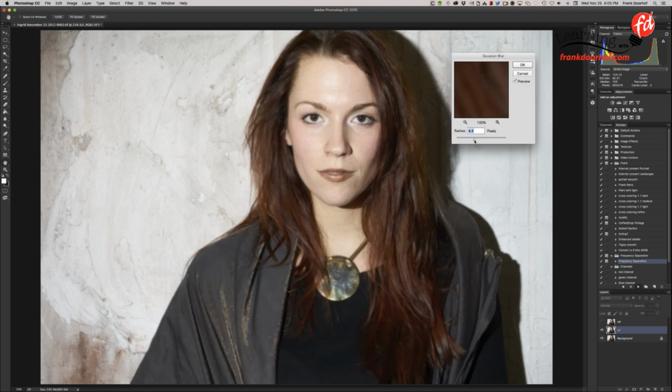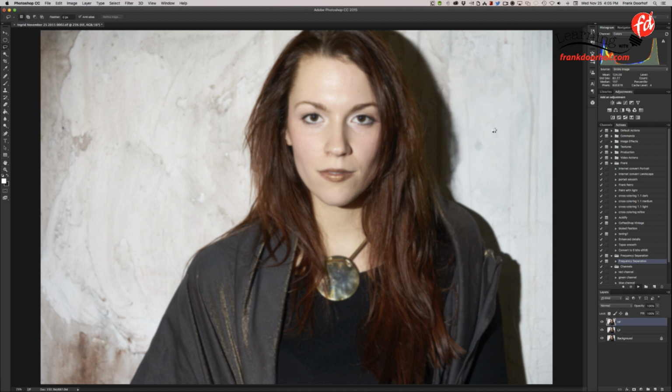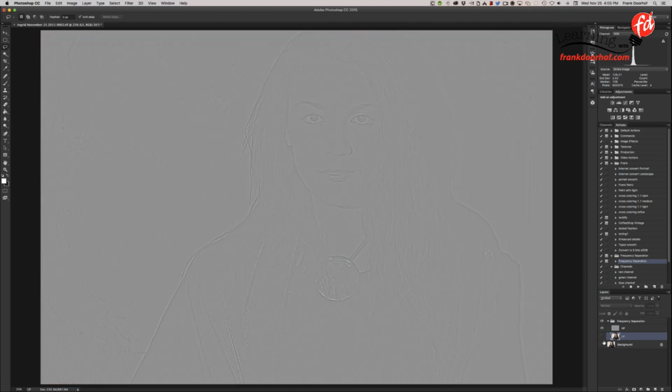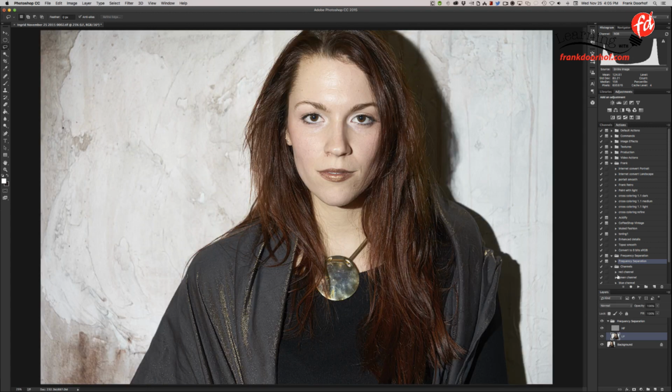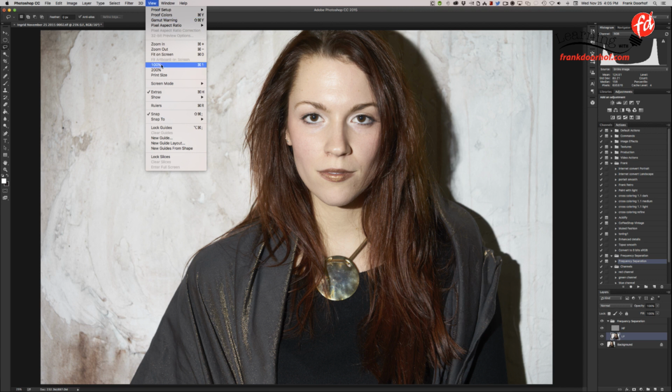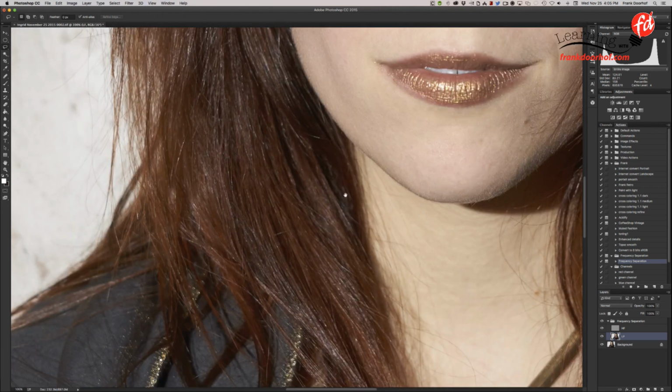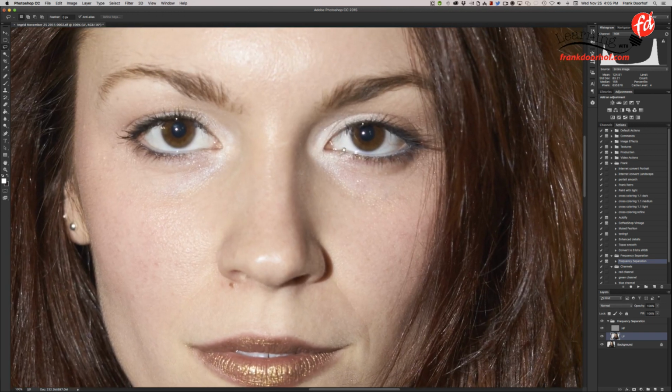And we're going to do the setting on, let's say for Ingrid, this is okay. Press OK. Now what it does, it creates two layers, actually a low frequency and a high frequency layer. The low frequency layer is just a blurred layer with skin. The top layer is actually a layer with only detail, like a pen drawing or a high pass filtering. The fun part is now that because I separated my details from my skin, I can go really wild on